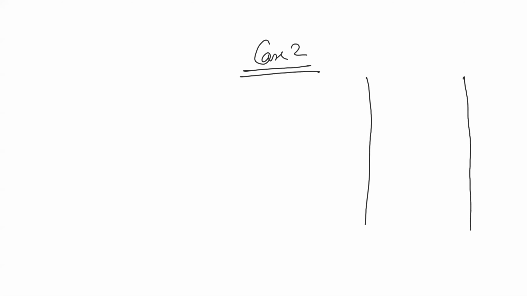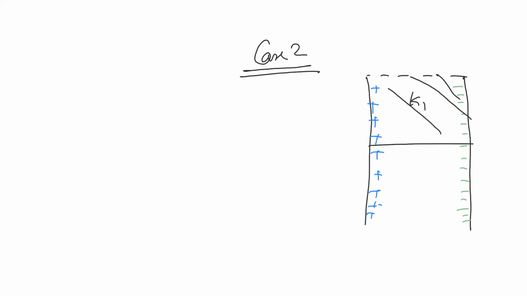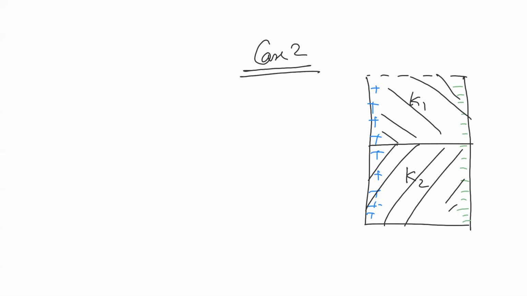Again, we have negative charges, positive charges. A dielectric is inserted. Now let's take two dielectrics inserted, one on each side. This one is K1 and this one K2. So two dielectrics are inserted, K1 and K2. One is K1, the other is K2. What will be the total equivalent capacitance?